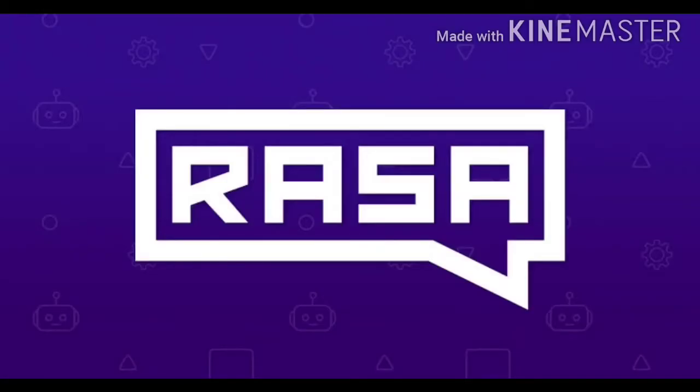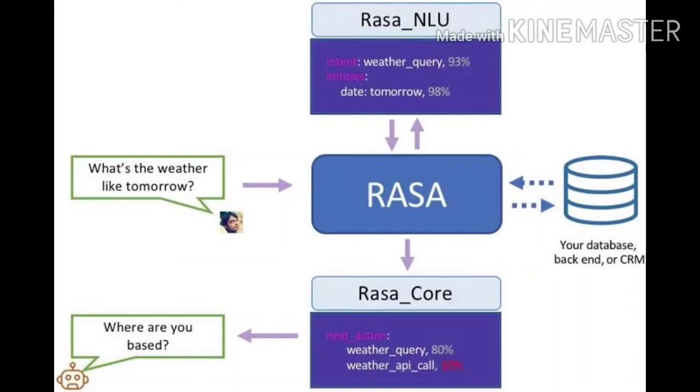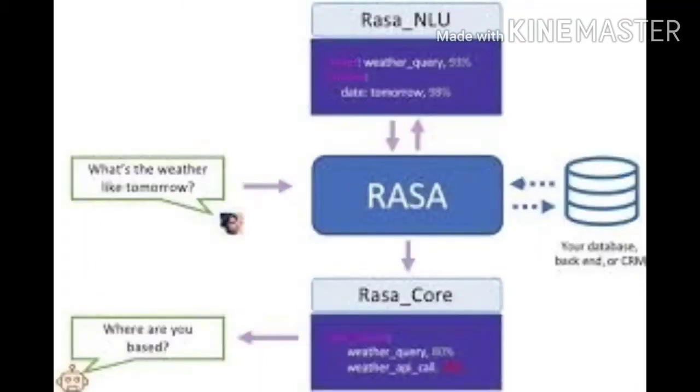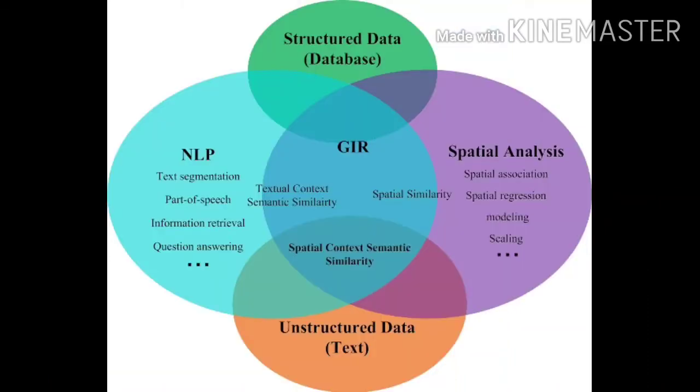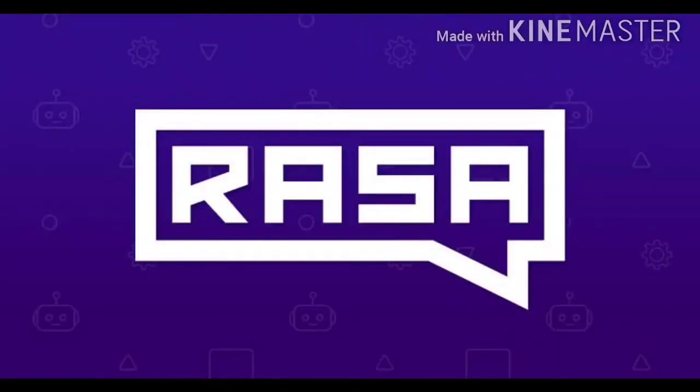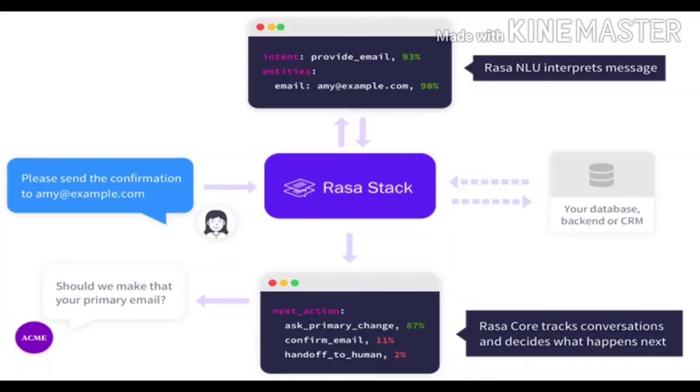For example, how are you, what are you doing, how do you do, like that. Rasa Core is for holding conversations and deciding what to do next. What we have to notice is that the Rasa NLU and Rasa Core source code are merged together. That is Rasa X, which is a new version. It's a tool that helps you to build, improve, and deploy AI assistants that are powered by the Rasa framework. Rasa X also includes a user interface and REST API, and it's the latest release from Rasa.